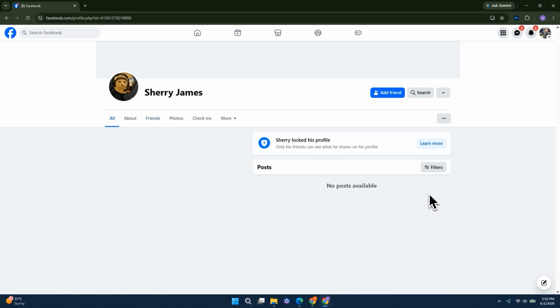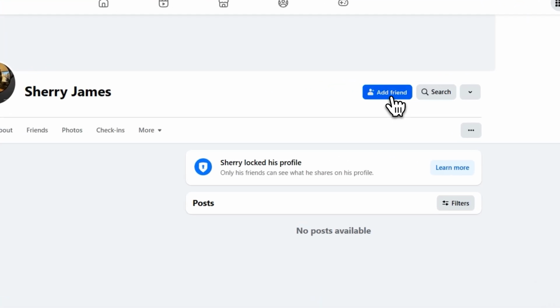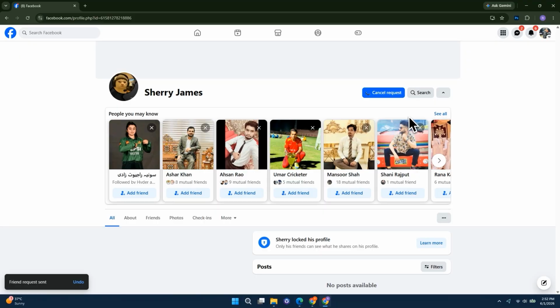If you would like to see more of the person's profile, the appropriate option is to send them a friend request and wait for them to accept it. Once they approve your request, you'll be able to view any content they share with their friends, subject to their